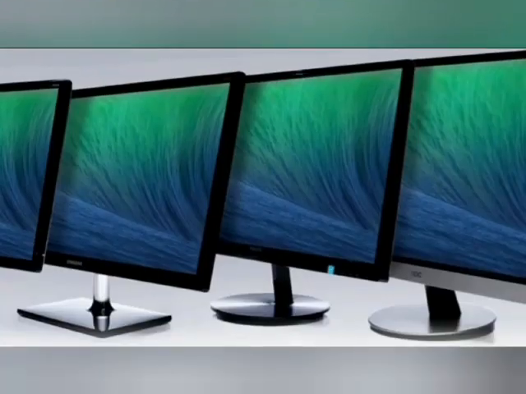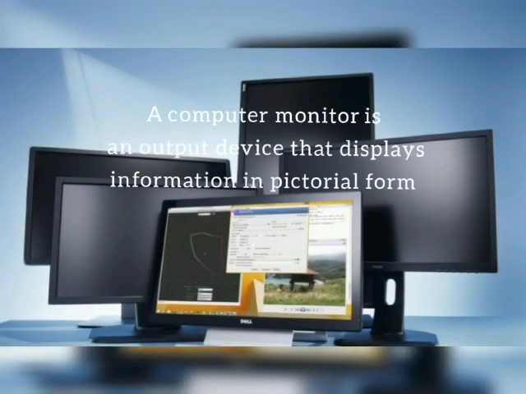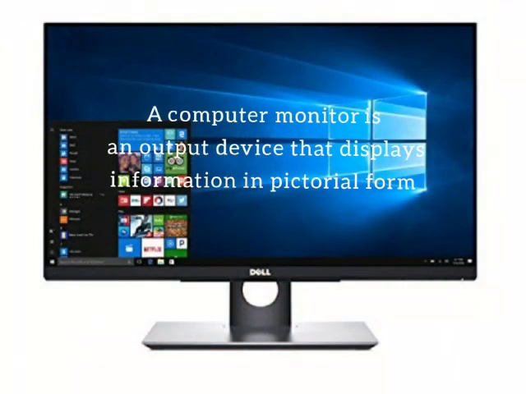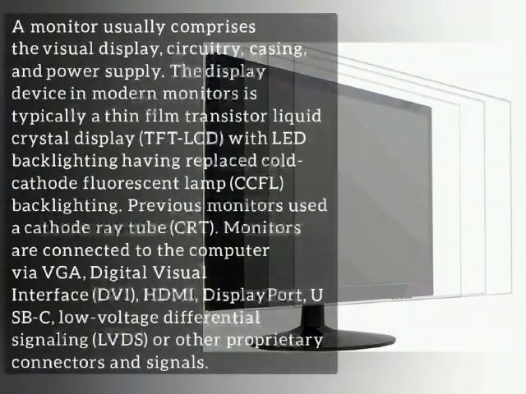Today I'm going to talk about monitors. A computer monitor is an output device that displays information in a pictorial form. A monitor usually comprises the visual display, circuitry, casing, and power supply. The display device in modern monitors is typically a thin film transistor